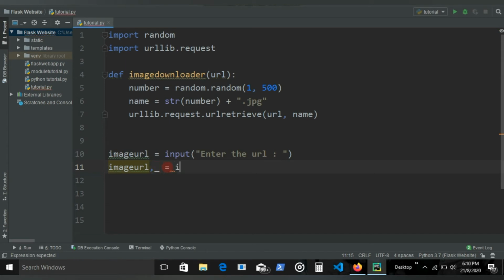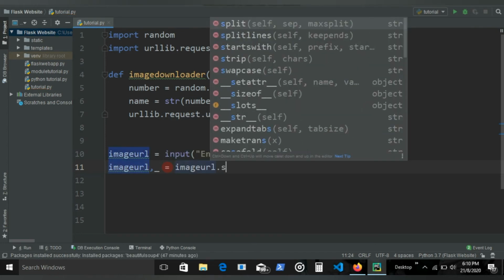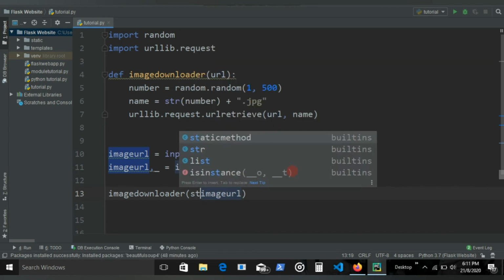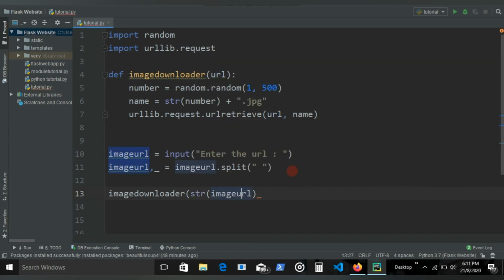Now we're going to take this image URL and split it. So whenever it sees a space, it's going to split it into two parts, and the main part would get stored in the same image URL, and the rest would get stored in this underscore. And now we want to pass this URL into the image downloader here as image URL, and let's add str so that it is a string. And now if we run this,